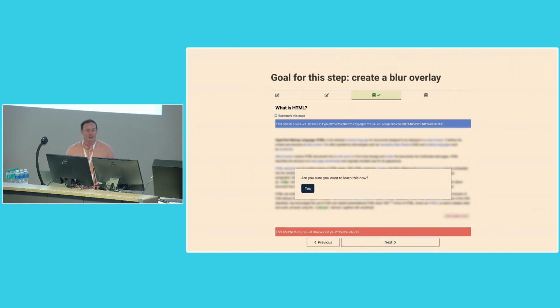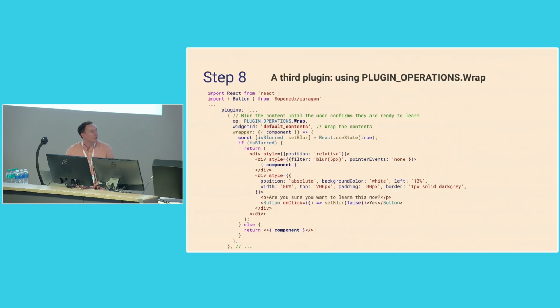As you can see here, we're going to wrap the default contents and blur it, but you can see the blur doesn't affect the plugin below or above. So in this case, the answer to Kyle's question is wrap will only affect the default contents. It doesn't affect the other plugins. So this is our goal. And to do that,